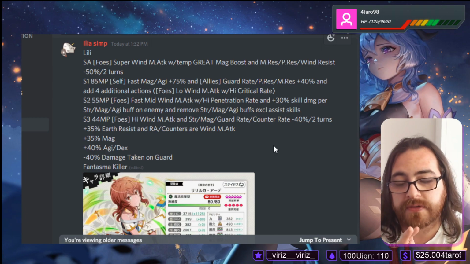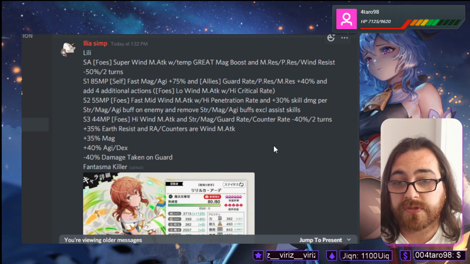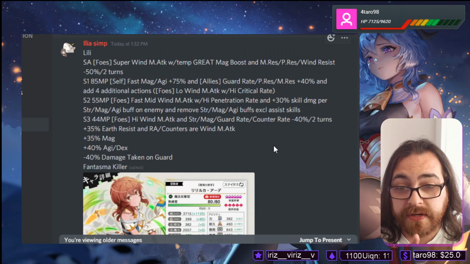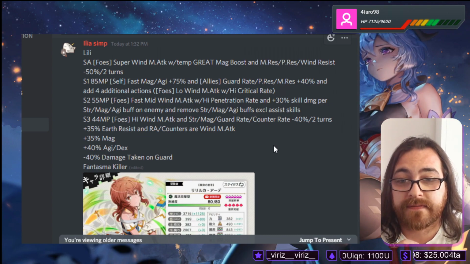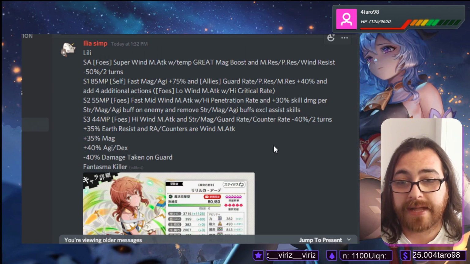Obviously, if I'm against counter stall teams, it's going to be an issue, but she's seeming really strong for counter stall teams in Wargame. 4 additional actions, by the way. Damn. Okay, so skill 2 is an AoE fast mid-wind magic attack, high penetration rate, plus 30% skill damage per